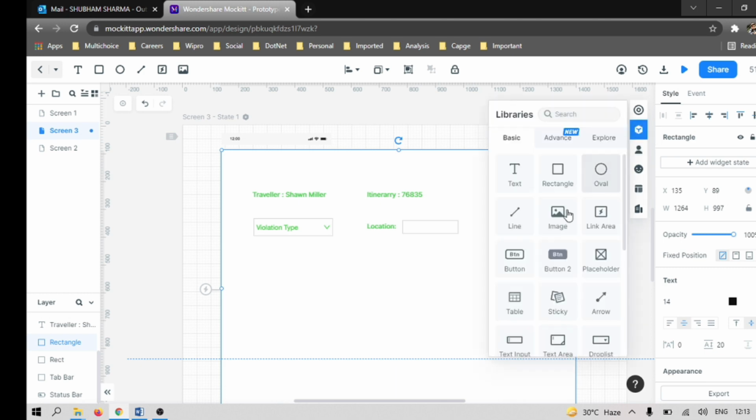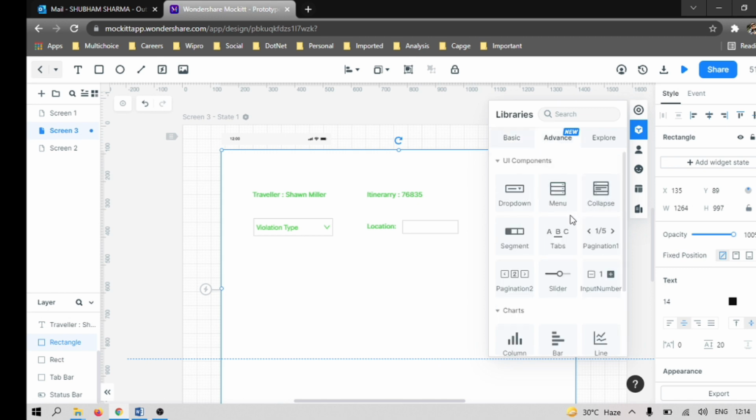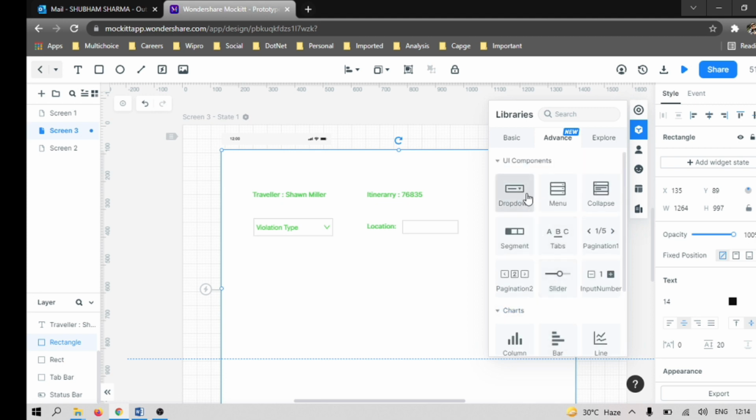Okay, so let's put one more drop down here. If there is any multi-select drop down, I don't see, so okay, menu collapse. So I think we need to put here a drop down kind of thing.